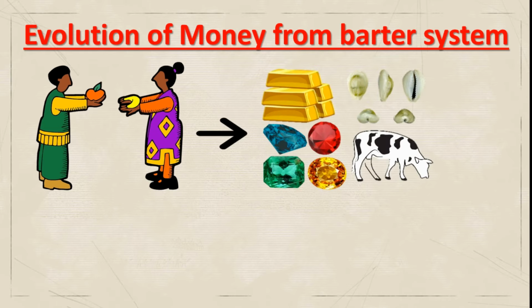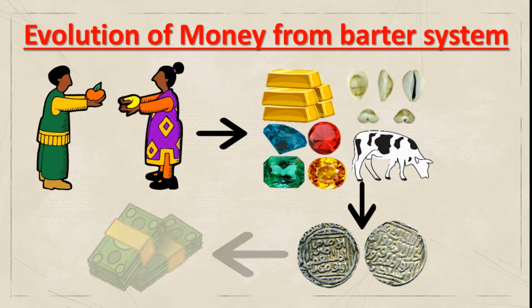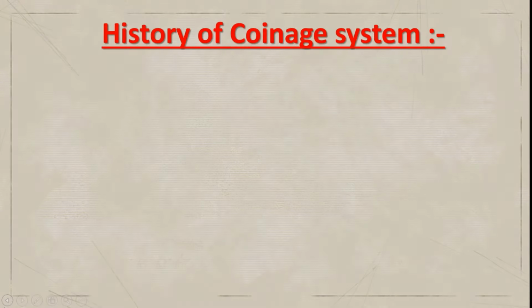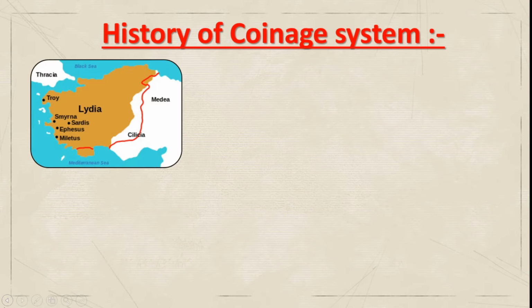But slowly people felt that they needed a common medium of exchange instead of many mediums of exchange, and they also felt the need of a measurement unit where the value of goods could be measured. Hence the people moved to the coinage system, which served as a common medium of exchange and a measurement unit to measure the value of goods. The coinage system was invented by the Lydians during the 5th and 6th century BC. The ancient Lydia is in modern day Western Turkey.